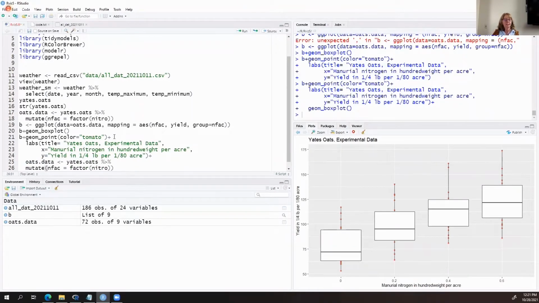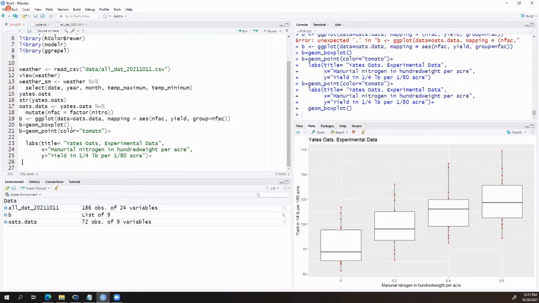Let's change that, get rid of that, and we'll add the box plot. What I wanted to do is show one more thing, which is that another function that we can use with the box plot is a notch.